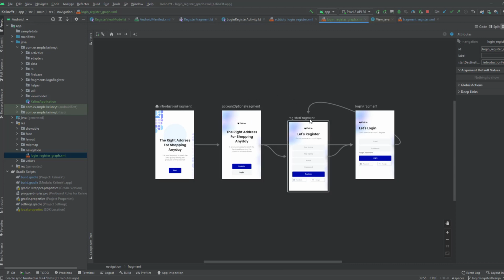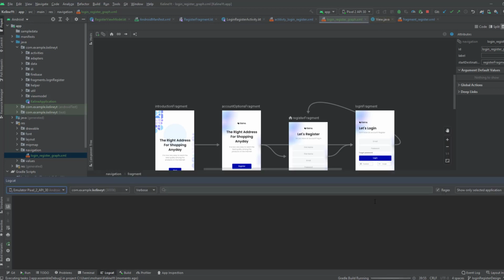But for now we can use a trick. So we can click on the register fragment and we can make it the home fragment. So this nav graph will start from the register fragment, and we'll change that later of course, but I just want to demonstrate to you that the register operation works. So now let's launch our app, and let's open our logcat,